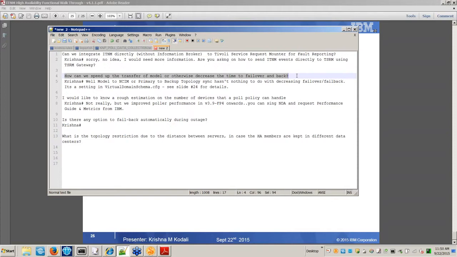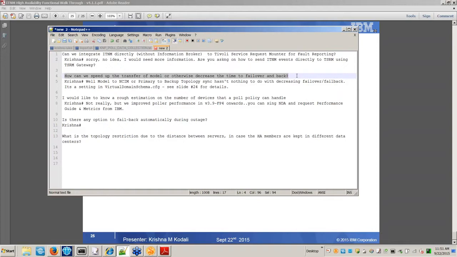But model does batch updates of 500 records at a time, and then it commits. So as long as your database is tuned and well configured, it should be fairly quick. You do have profiling scripts that you can run. I can actually put a link there. When I post these slides, I'll add the profiling script and how to run it. There is a model profiling script. It tells you how long it took,